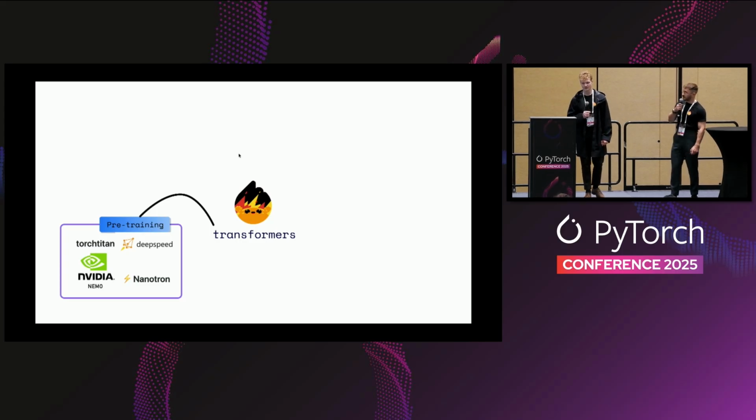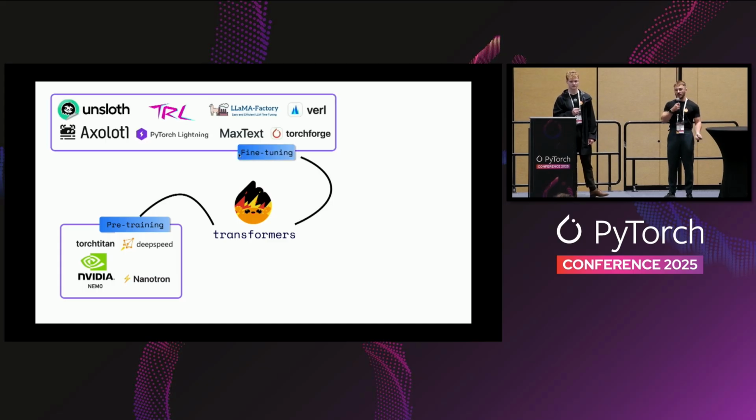And so as long as you respect the contract that it's transformers compatible, then it will be directly compatible with all the fine-tuning libraries and the PyTorch ecosystem as well. So Unsloth, Axolotl, TRL, llama-factory, or the very recently released TorchForge as well. The model you have just pre-trained, that's just serialized on disk as a transformers implementation, is directly available for use and for fine-tuning with all of those tools.